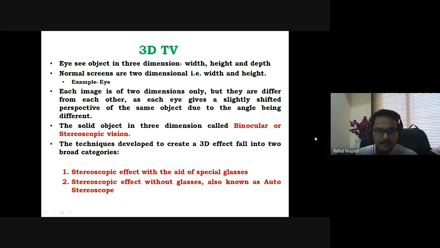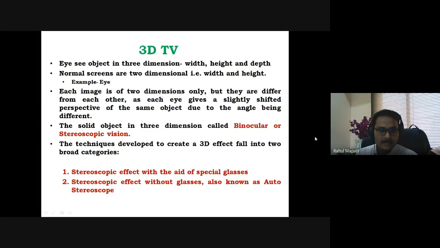Here each image is of two dimensions only, but they differ from each other, as each eye gives a slightly shifted perspective of the same object due to the angle being different. Because of the difference in angle of both eyes, the same image can be seen in a different angular way.